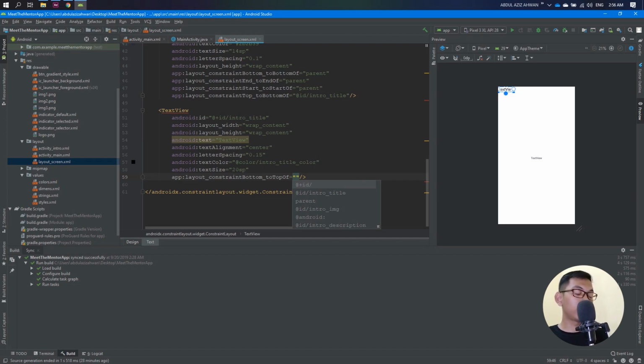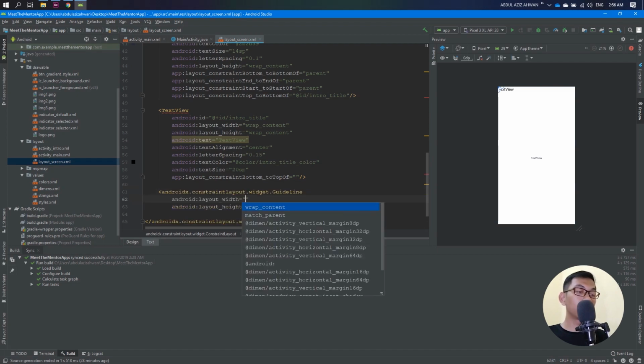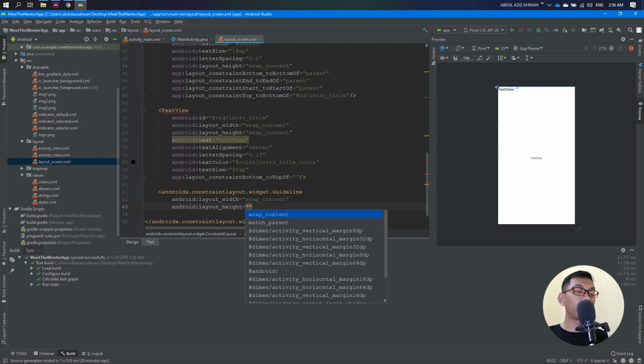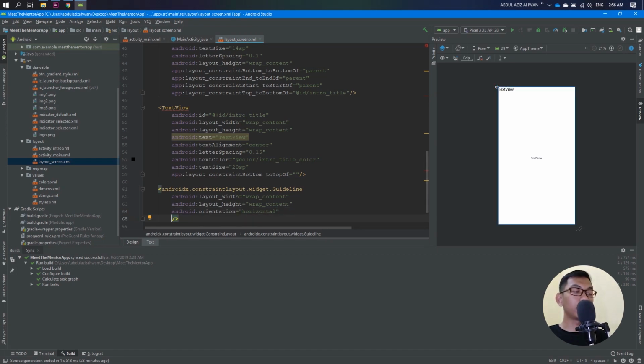So we need to create a guideline, layout with wrap content and wrap content, and then orientation horizontal, and then percent 0.74,